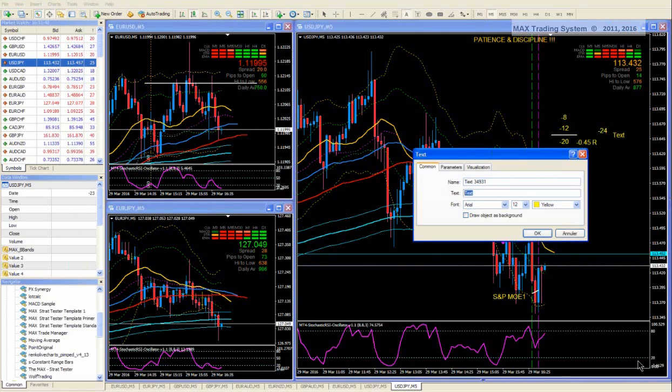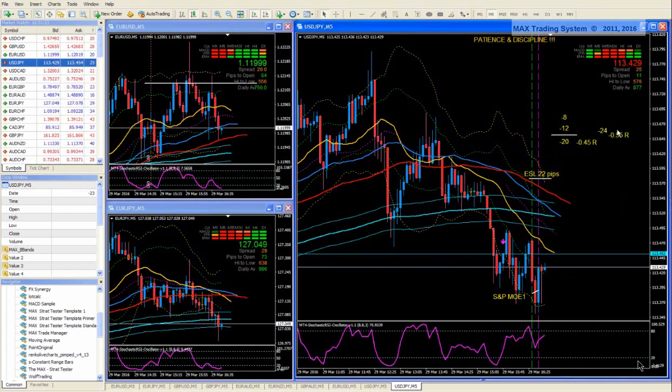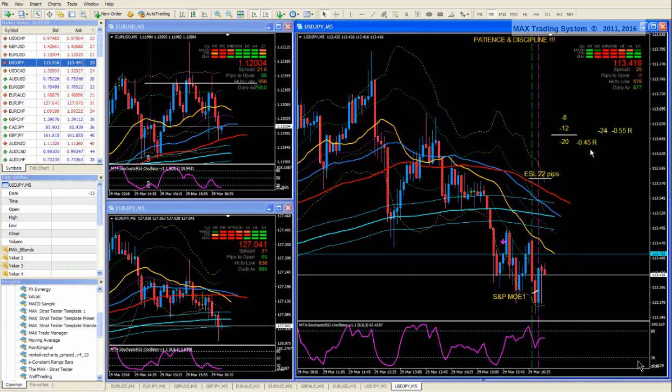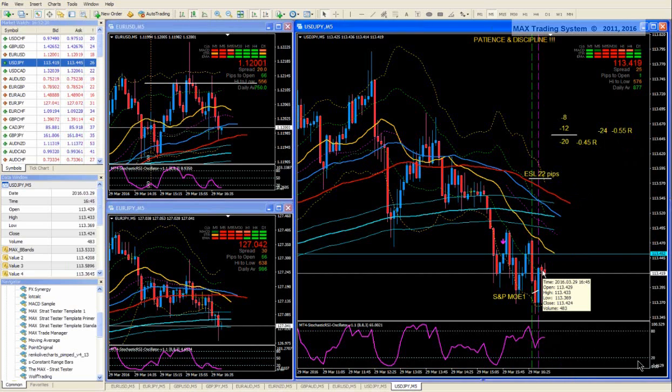So minus 0.55 R. Another question is: is that negative reward to risk ratio, minus 0.55 R, significantly larger than this one, minus 0.545 R? No, they are pretty much similar. So the difference is a small one, and even this one, minus 0.55 R, is still a small loss compared to the full loss. And so this is why I can sustain such a deeper pullback until the movement invalidation by skipping the MX when my exit rule triggers. Okay?